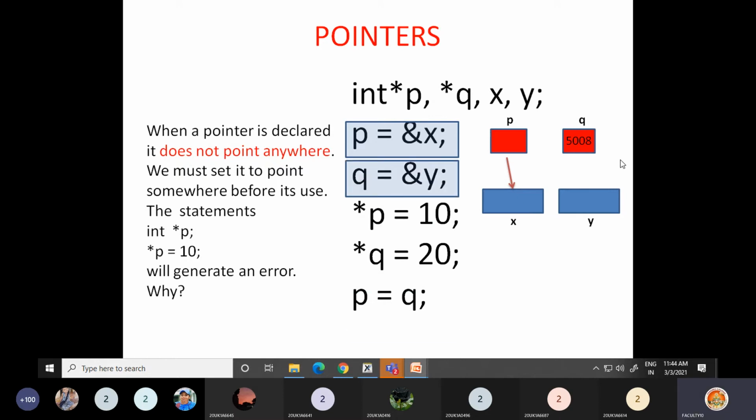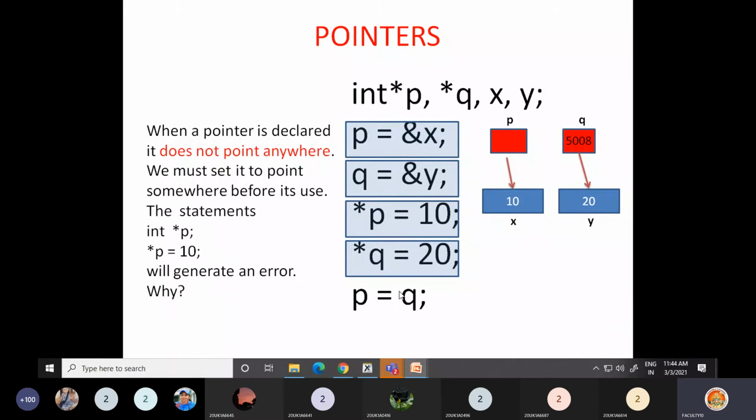And when you say q is equal to address of y, q will be pointing to y now. Now when you say *p is equal to 10, since you made p point to x, you can store a value in x without using the x name. That means in x, the value 10 will be stored. And if you say *q is equal to 20, in y, 20 will be stored.